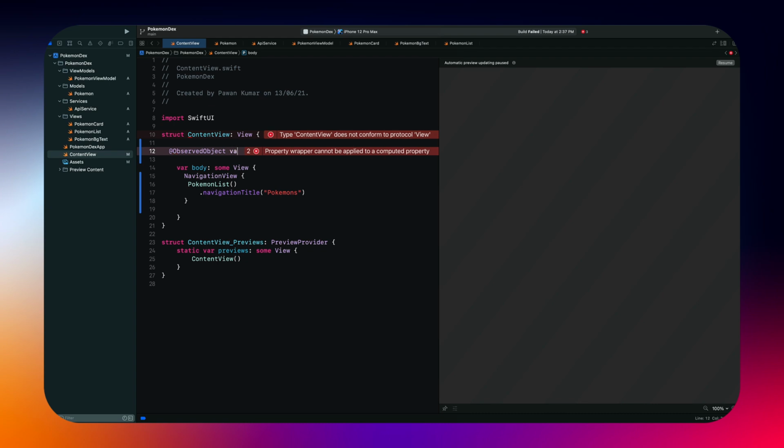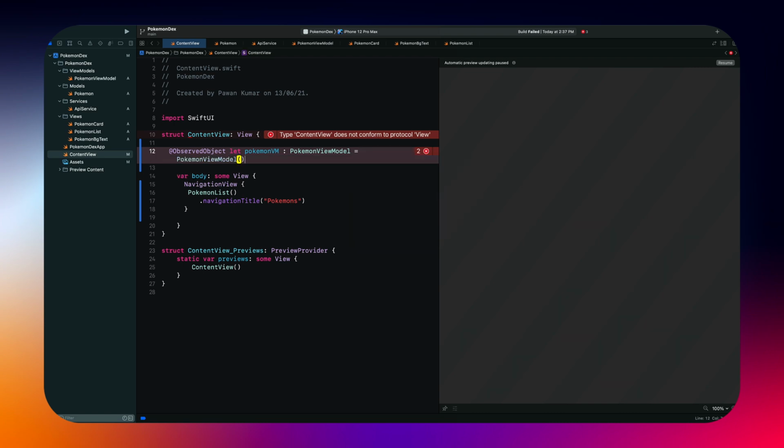So we can say let Pokemon VM, which is of type Pokemon view model, which will be actually Pokemon view model itself, right? So this is what we have. Let Pokemon VM is equal to this, and using this we can pass the